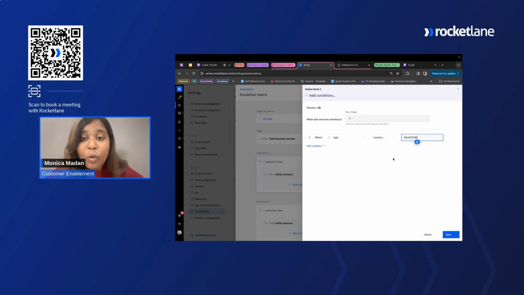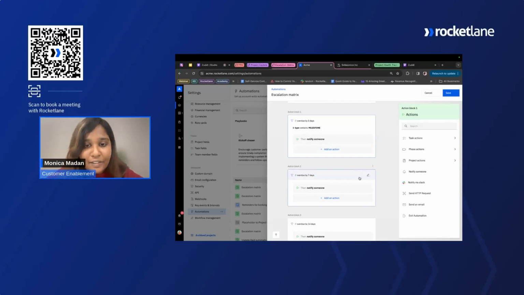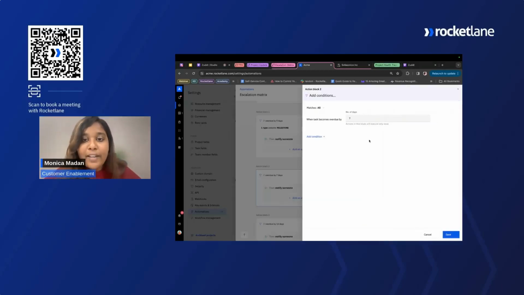So you can run this only for tasks that are milestone tasks. If you do that, all the tasks that are milestone tasks that are overdue by 5 days will have this notification sent to the project owner, letting them know that their intervention is needed. Next is 7 days. That's how you keep building your escalation matrix, where if it's 7 days and the condition is the type of task is milestone,